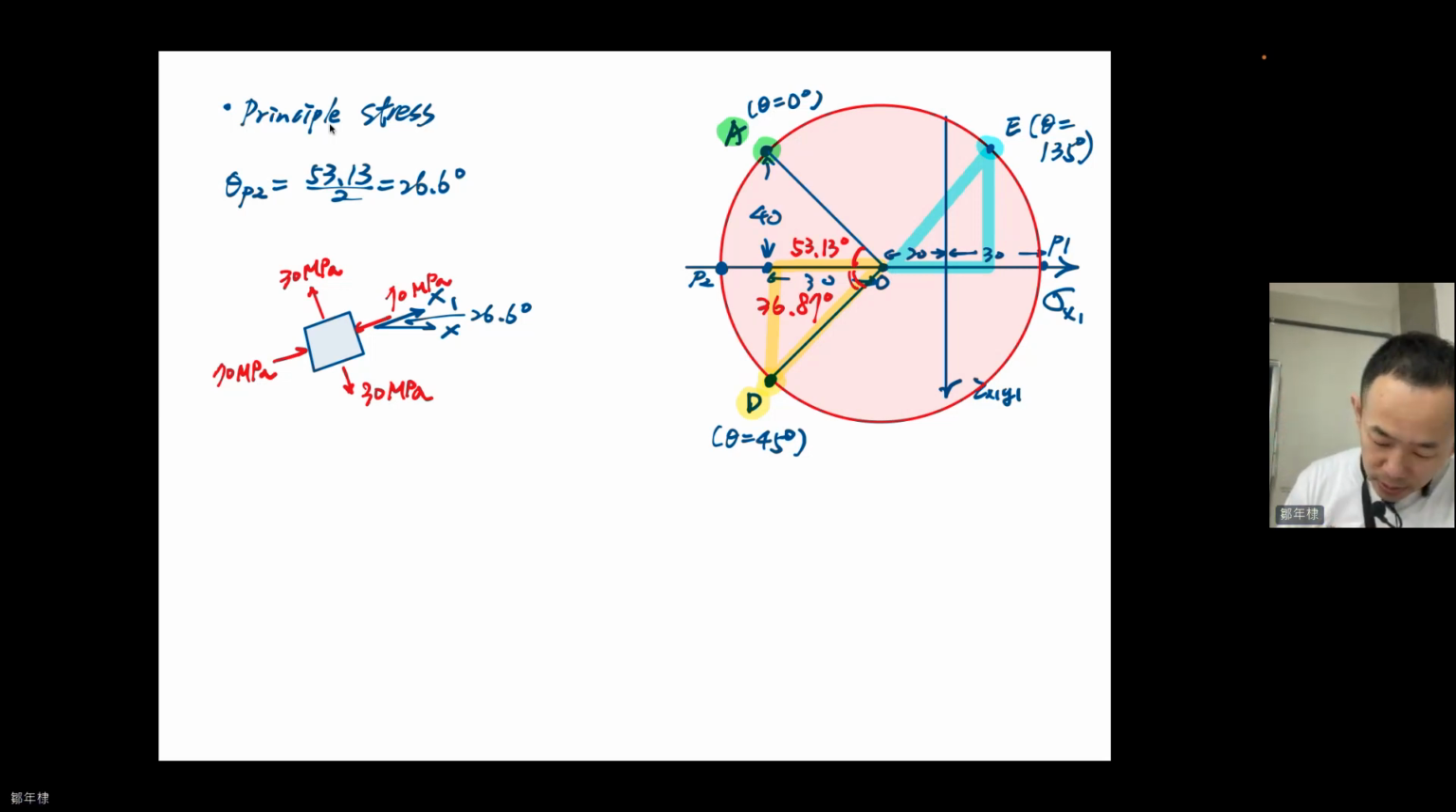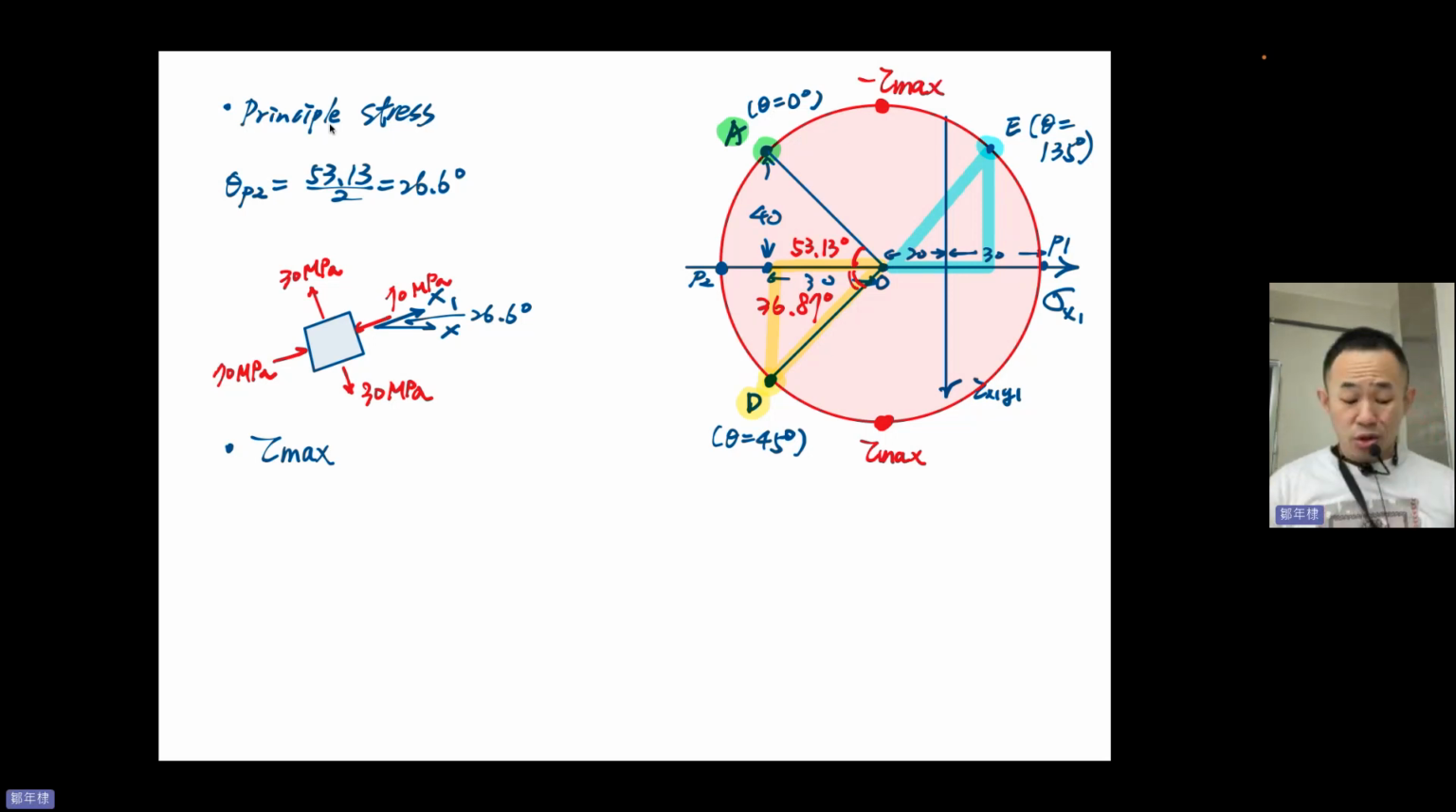Principal stress. Tau max. Again, tau max, you know where it is. Tau max. And this is minus tau x. Right? And then you know the value